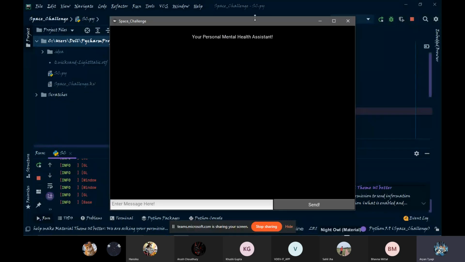As you can see, I have the application here. So it is basically a chat interface. Like if I say ABCD or something like that and press send, it says something here. So basically, this is a label. This is a widget, which is a label. It shows the text which you have inputted there.